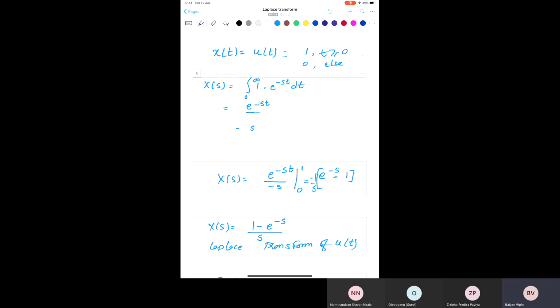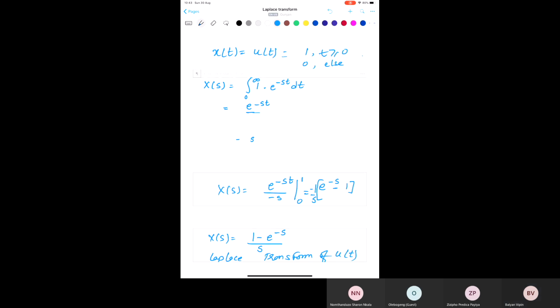So if you see here, it will be e raised to the power minus st divided by minus s, and the limits will be 0 to infinity. When you put infinity, e raised to the power minus infinity is always equal to 0, and e raised to the power 0 is equal to 1. So our final answer will be